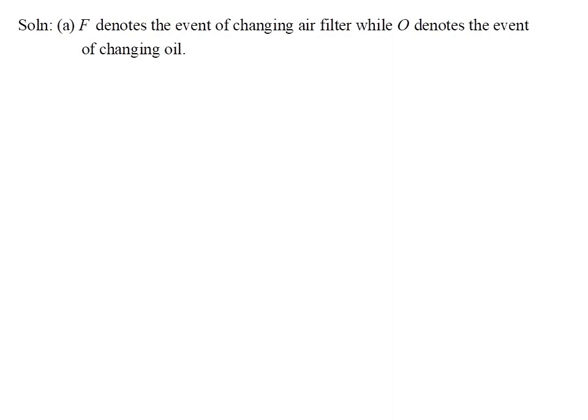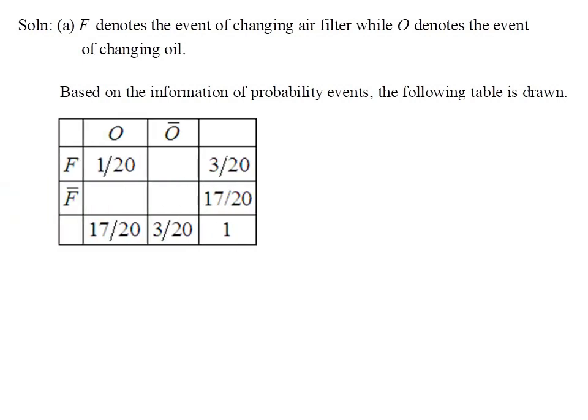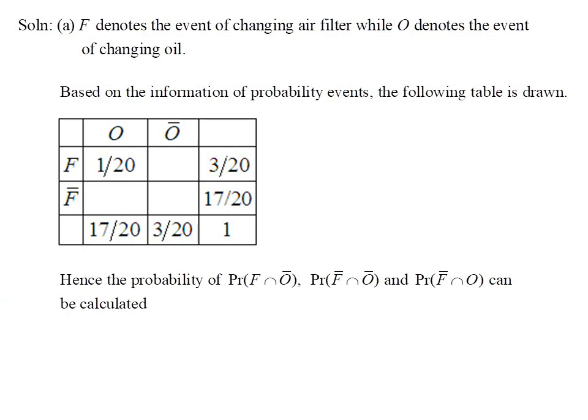To solve part A of this question, let's assume F denotes the probability of the event having air filter change, while O denotes the probability of the event required to change oil. According to the given information regarding the change of oil, air filter, or both, the corresponding probability table is drawn here. Based on the probability table, it is not difficult to calculate other probability events and fill up the rest